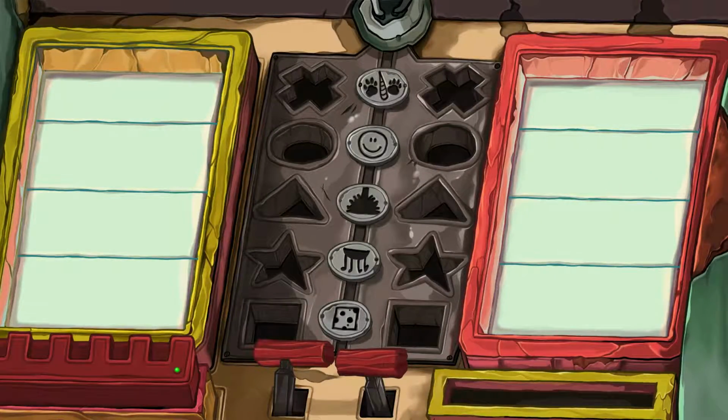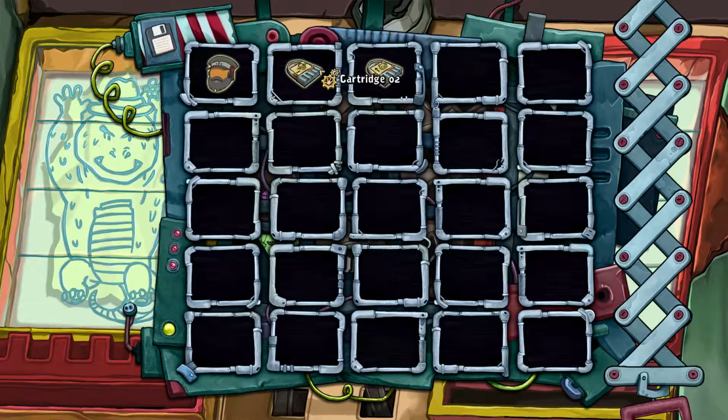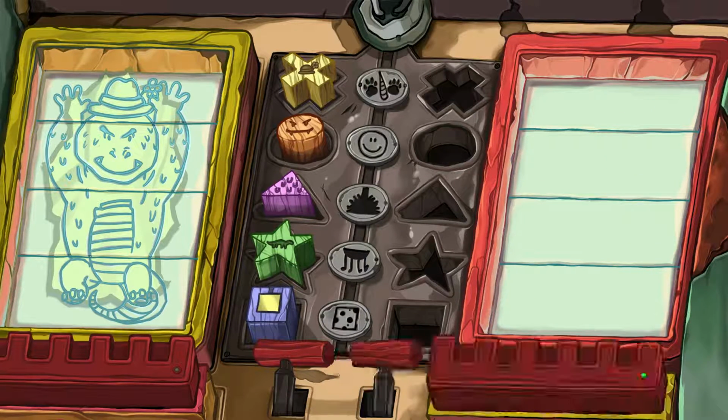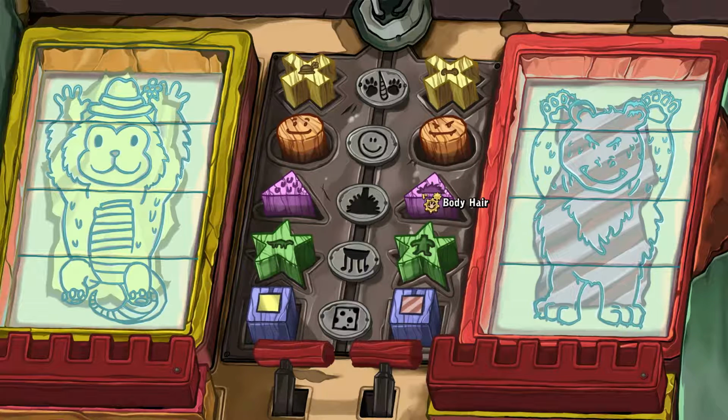Alright, well, let's just try this. We'll put in cartridge 3. And I don't think it's worth the time or effort to do this. Mood is happy. Let's see what the mood actually is. The genetic code of a huge mammal with huge paws, striped fur, and a sunny disposition. Okay, so sunny disposition,